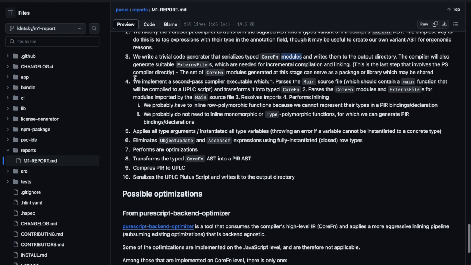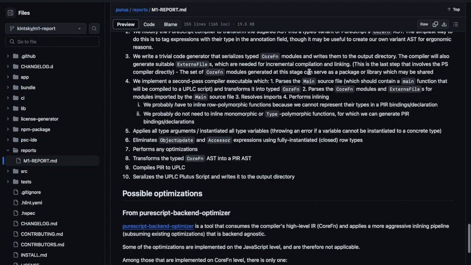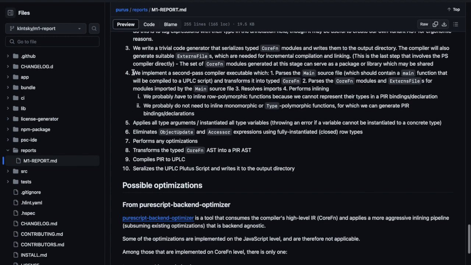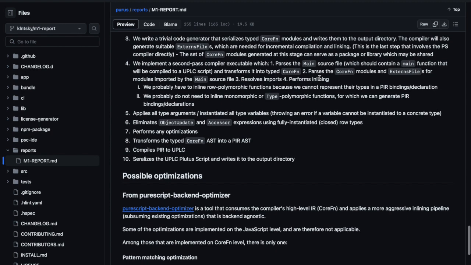And then, after we have the code generator for those typed CoreFN modules, we'll implement a second pass compiler executable, which will parse a main file, right? And this is going to be the script. So the main will either be a validator or a minting policy, or maybe we'll make it so the name doesn't have to be main. We can name it validator or minting policy or whatever. That's not too important. So we parse the typed CoreFN,